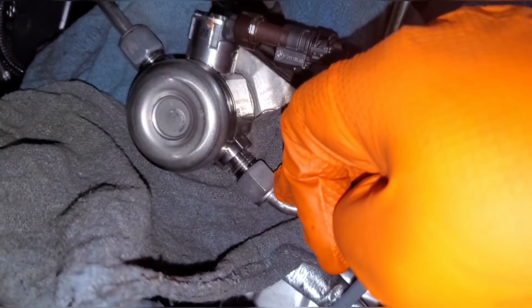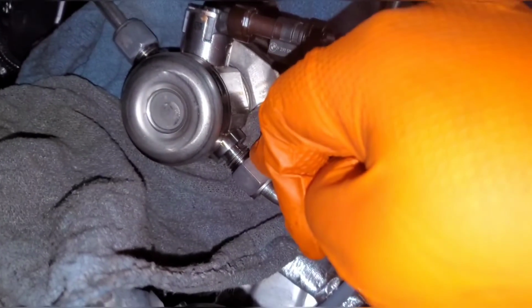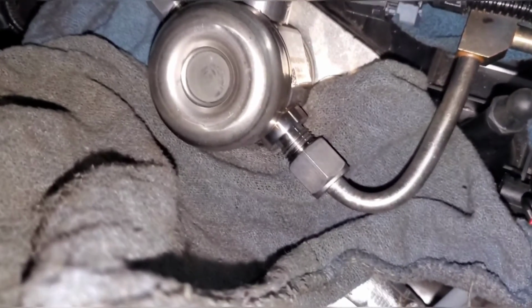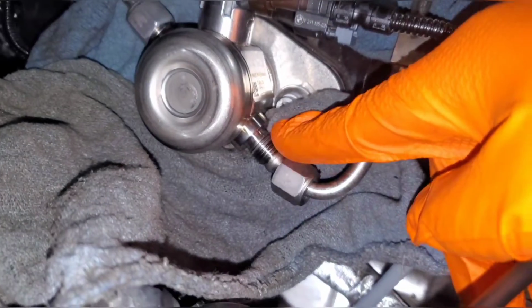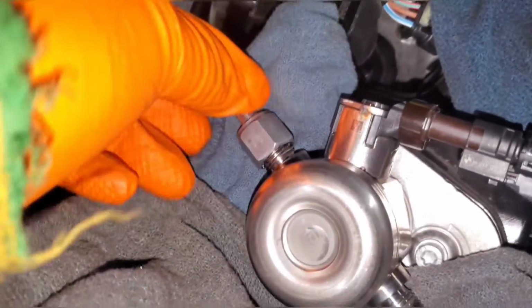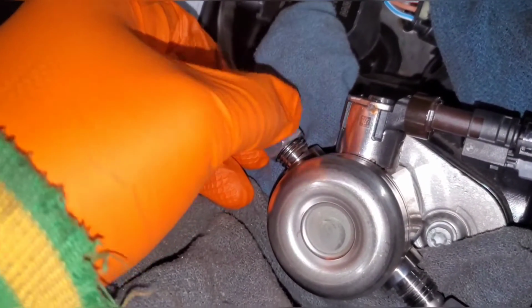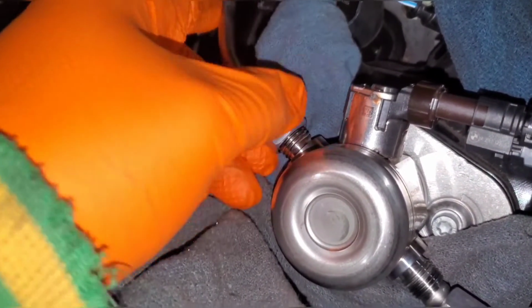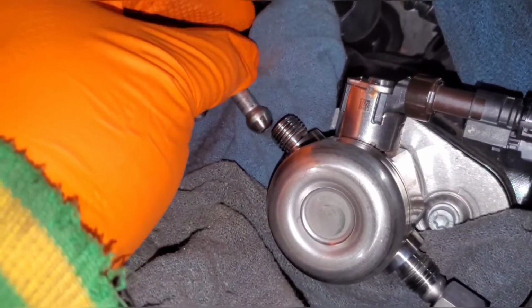But if you unscrew this extremely slowly, it'll actually just seep out. So if you back it off, see fluid coming out, let it sit and let the fluid drain a little bit, and then continue backing it out until it's all the way off. It's just kind of like a ball seat connection in the fuel pump. Same on this side, slowly back it off. And when the fuel starts draining out, wait. When it's done, pull it the rest of the way out